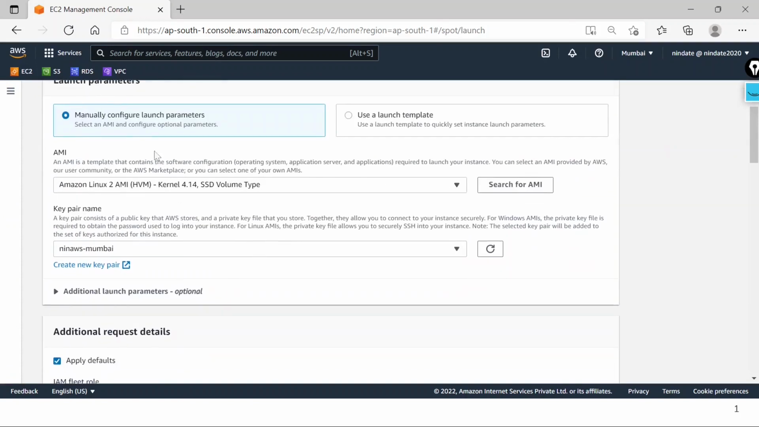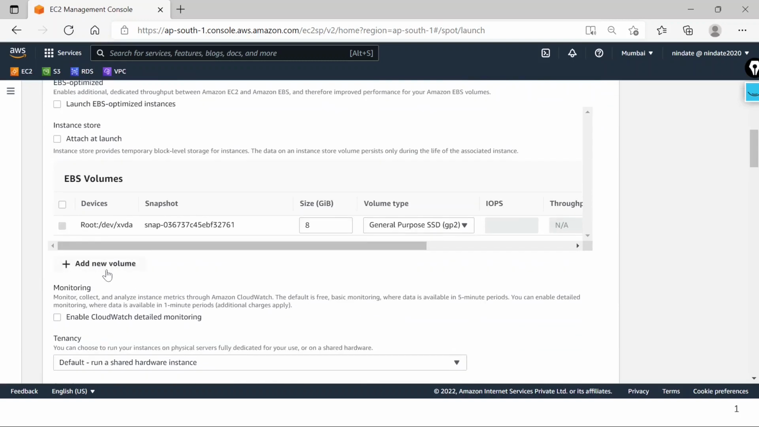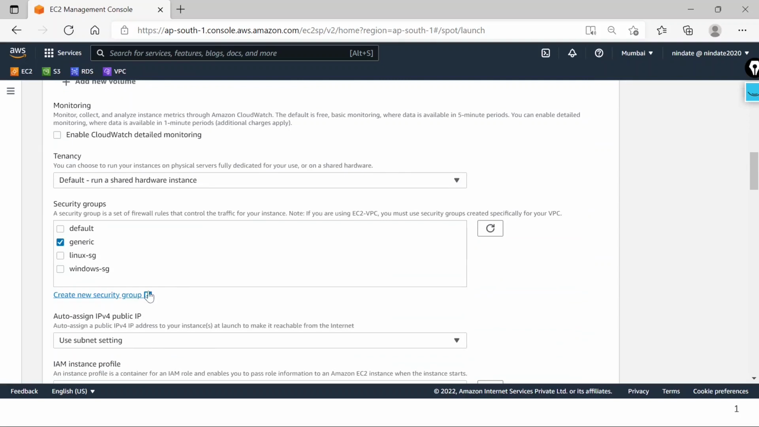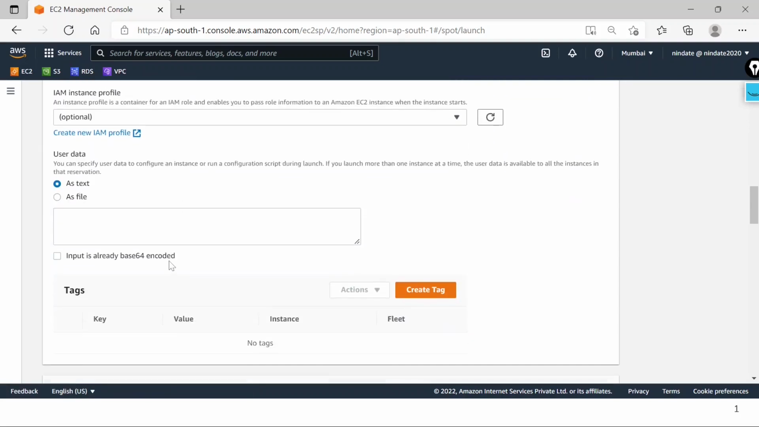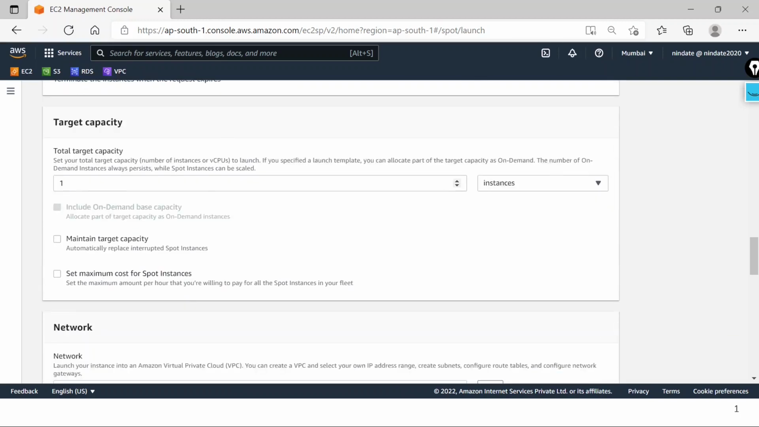So here you can choose the AMI that you want. You can give the details like what key pair should be used. Then if you want to customize what is the root disk, or you want to add any volumes, what security groups should be attached, all these you can configure. And then you can define how much total capacity you need, how many instances you want, and then whether AWS should maintain these many instances,